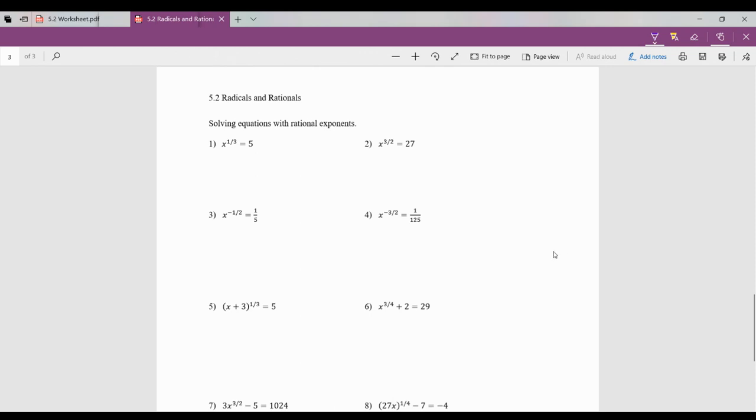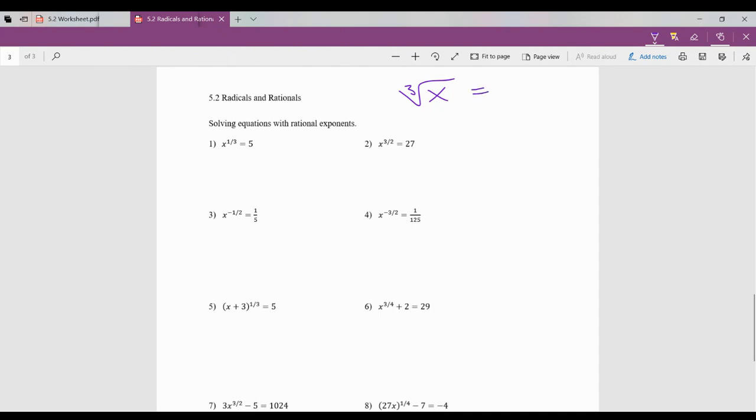Right, on to the last part of 5.2. So we're going to be solving equations where you have rational exponents, so where you have that fraction as an exponent. So the way that we solve these is, let's just rewind. I want to show you the background of it. So we've got x to the 1/3. That technically means the cube root of x raised to the first, but we don't really need to write that,